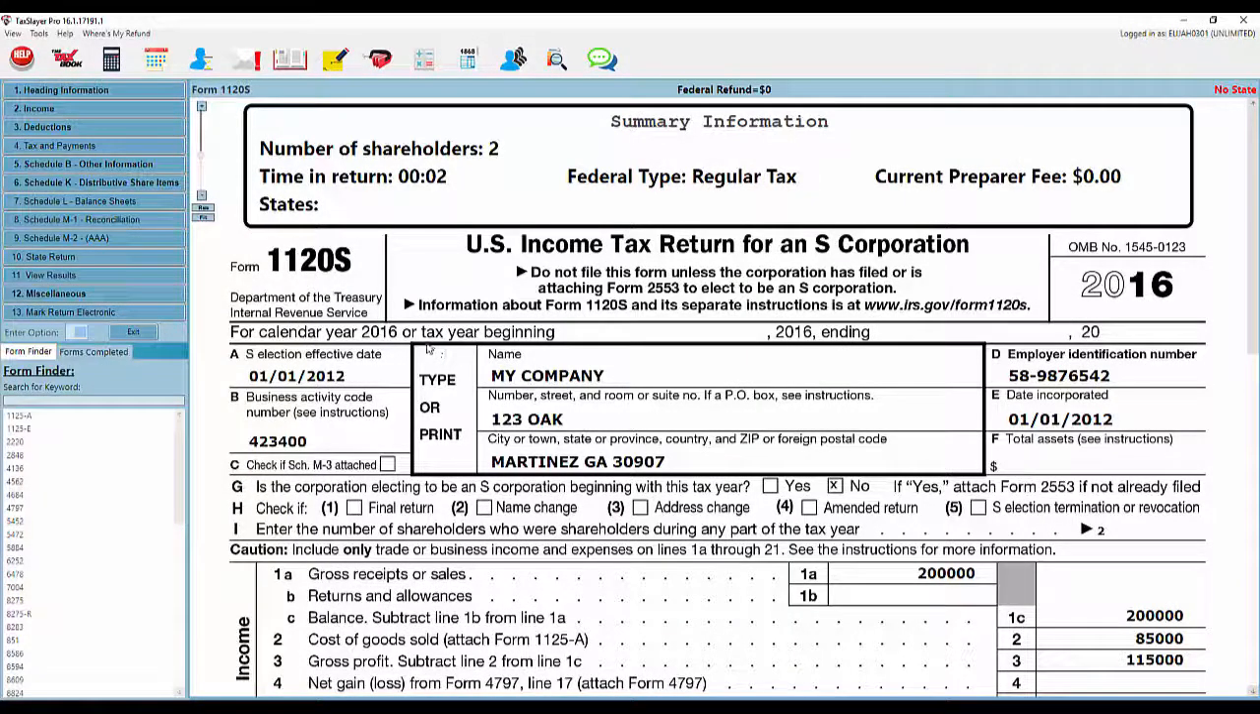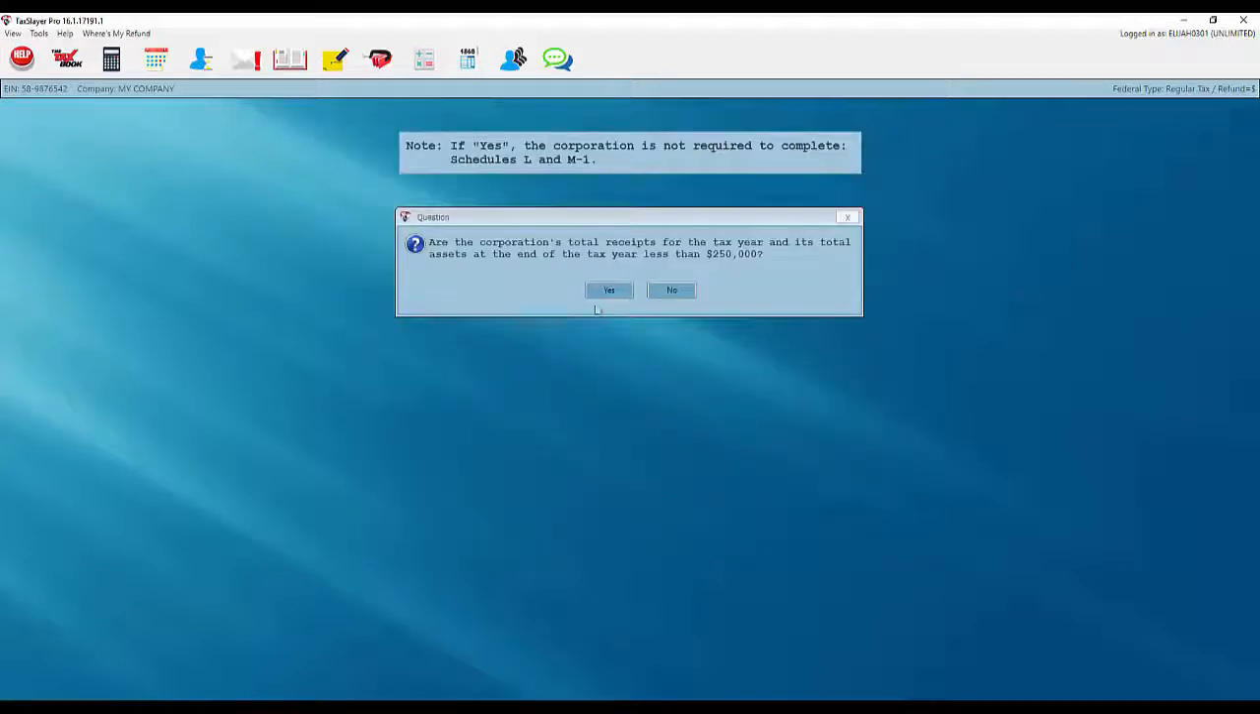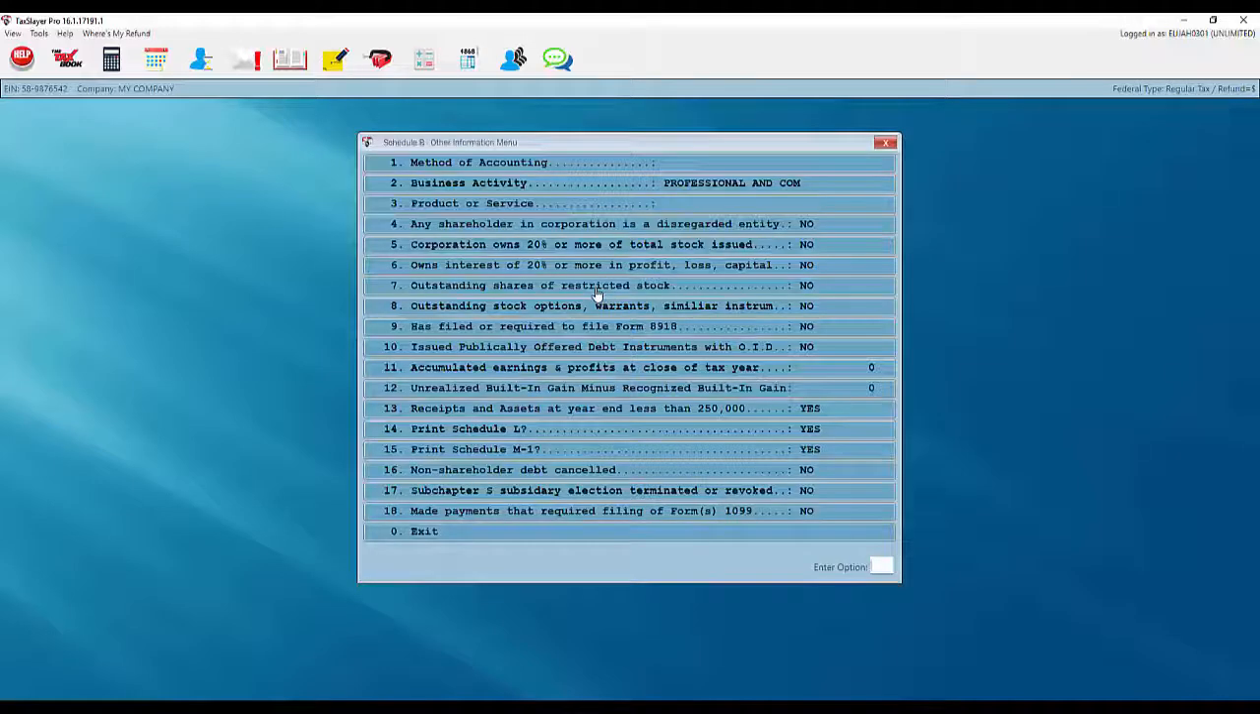Now, depending on the year-end receipts and assets, you may need to access the Schedule B, Other Information. Answer question number 13 according to the information provided by the S Corporation books, receipts and assets at year-end less than $250,000. For my S Corporation, the total receipts for the tax year and total assets at the end of the year were less than $250,000, and I'm told if yes, the corporation is not required to complete Schedules L and M1. I'll exit the Schedule B, Other Information menu,